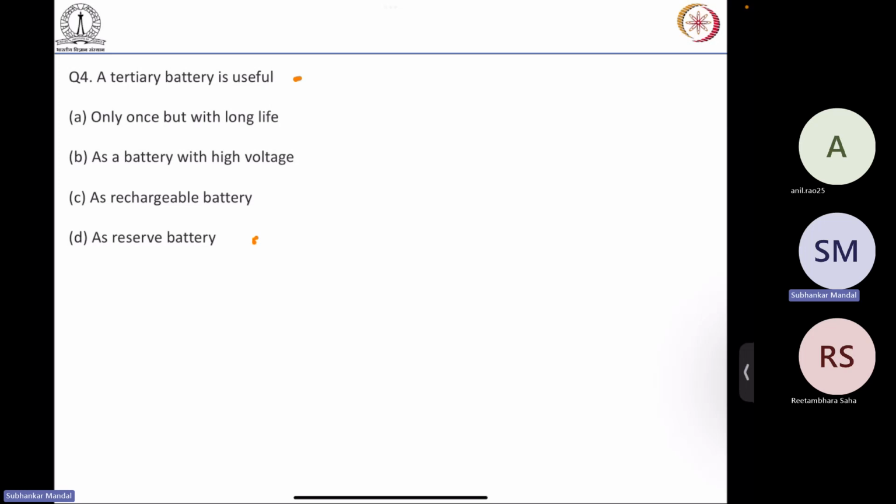Basically, it is a reserve battery, because in this tertiary battery you can store long-lasting ions, in terms of lithium-ion for example, so you can store maximum energy density. So that is called a tertiary battery. So this is the reserve battery kind of classification. Okay, so this is the question,